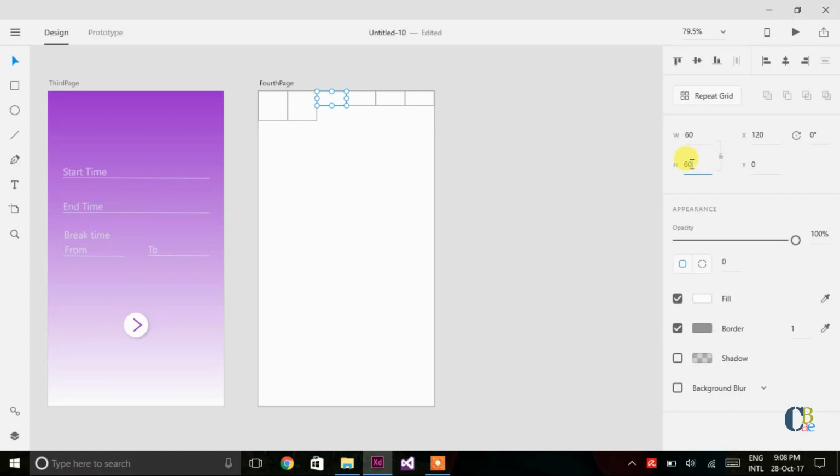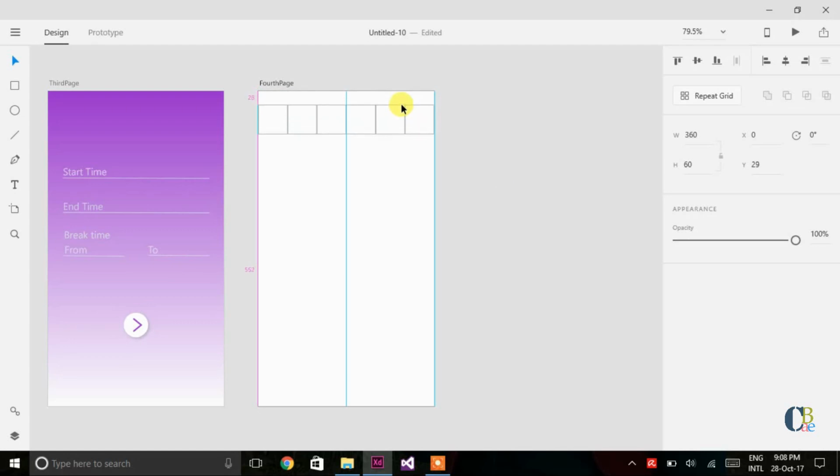The width and the height should be either the same for a tabbed activity, or the width should be more than the height. So here I'm keeping it the same. I'm keeping it square. Let's just group them together